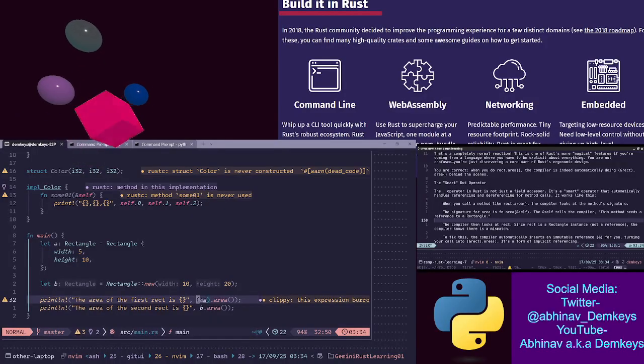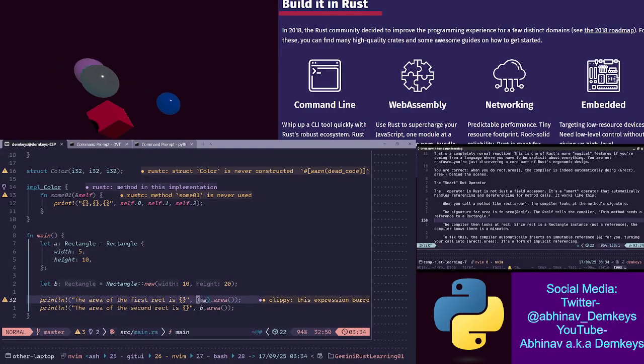Okay, that's a completely normal reaction. This is one of Rust's more magical features if you're coming from a language where you have to be explicit about everything. You're not confused, you're just discovering a core part of Rust's ergonomic design. You're correct when you do rect.area.